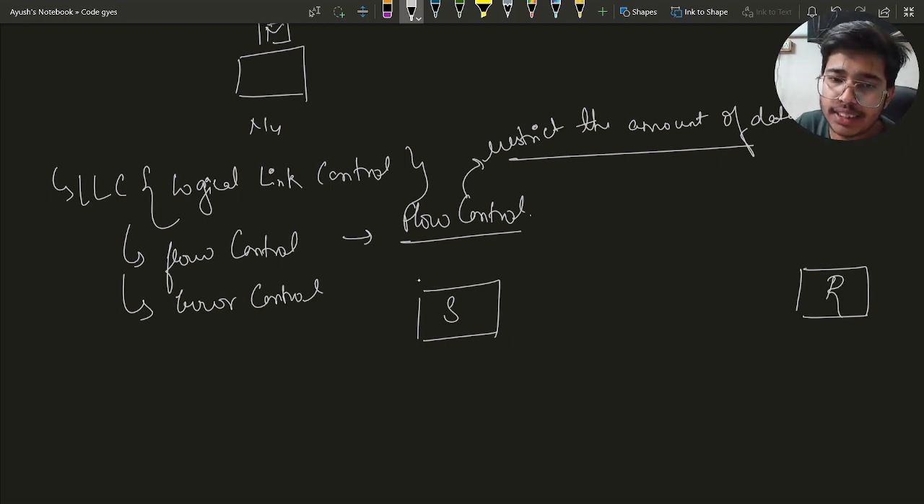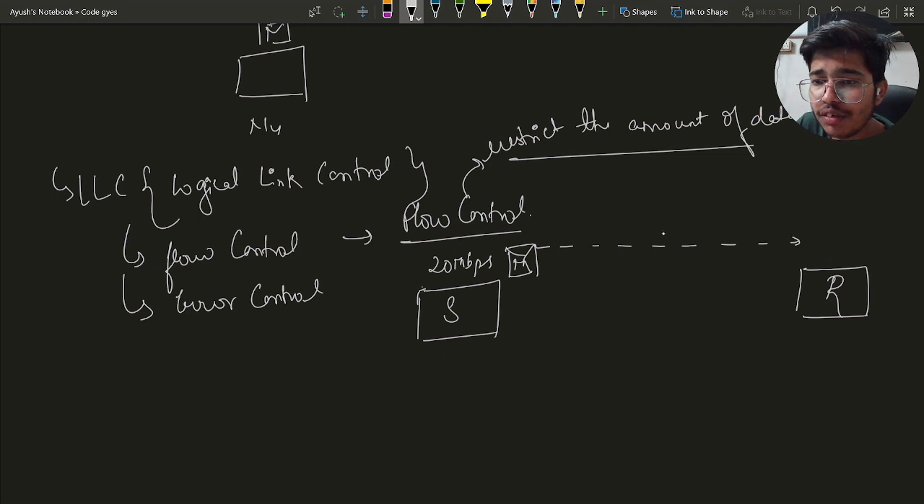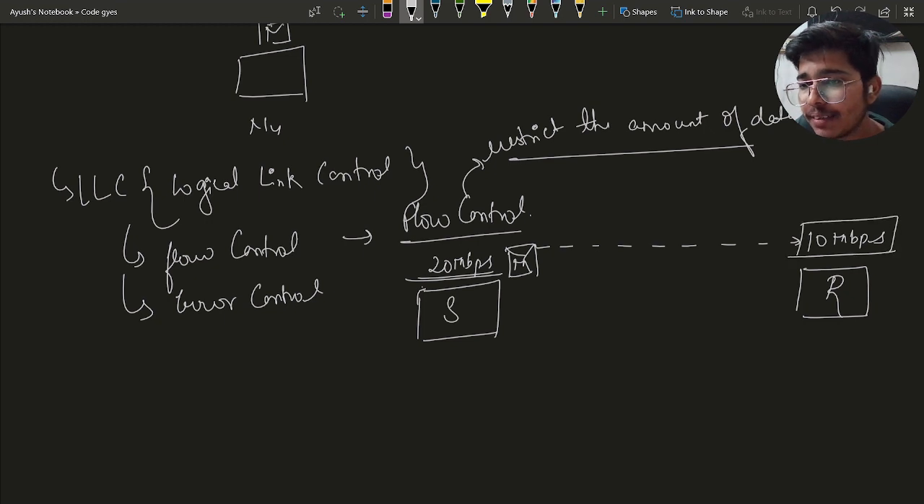Now the sender is working with a speed of 20 Mbps. The sender sends the message at 20 Mbps. But the receiver will be able to read or accept the message only at a speed of 10 Mbps. It can only receive the message at 10 Mbps, which means the difference between these two